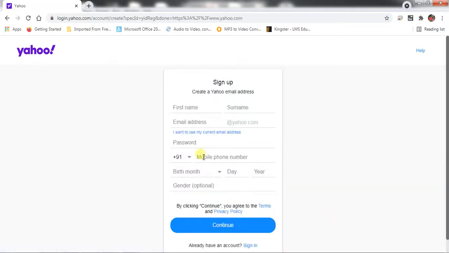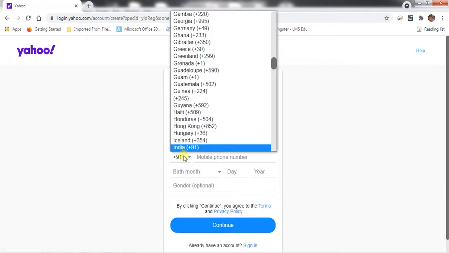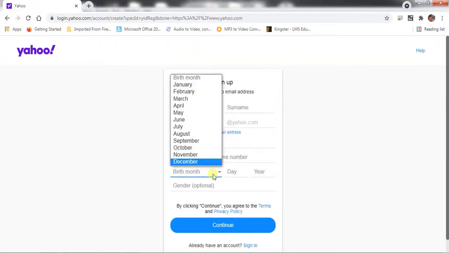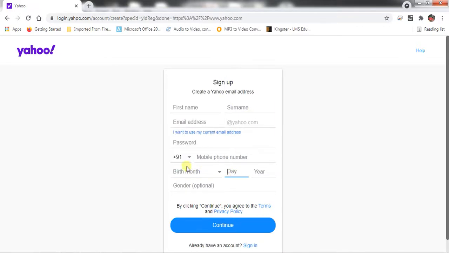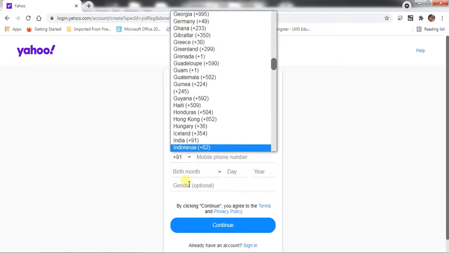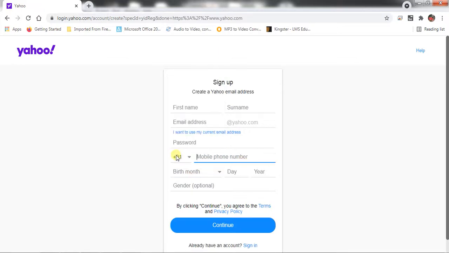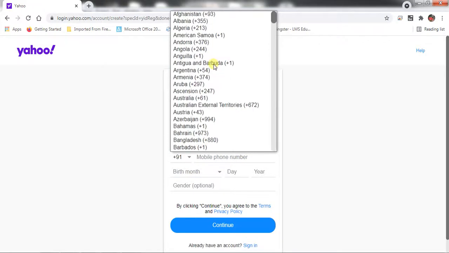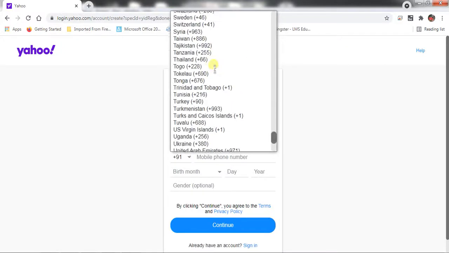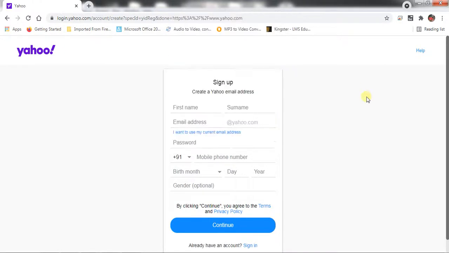And as we can see here, there are two drop downs. This is one of the drop downs. So this is the country code drop down and the month drop down. Rest are text boxes, so we need just drop downs. So actually, how many items are present in this drop down? We don't know actually. Let us check this.